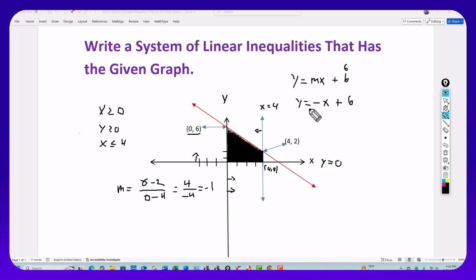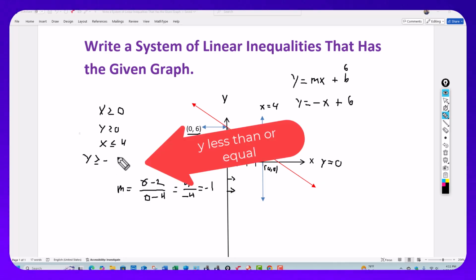Now if the equation is solved for y, and you're shading below the line, this would have to be a less than. If we're shading over here, this would be greater than. One test point is all you need. So that means the other linear inequality would be y greater than or equal to minus x